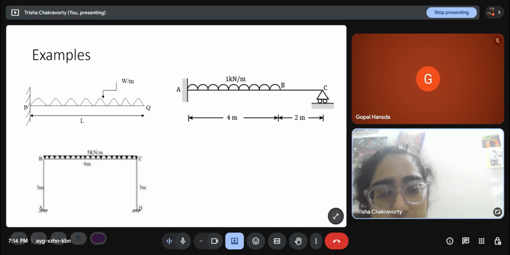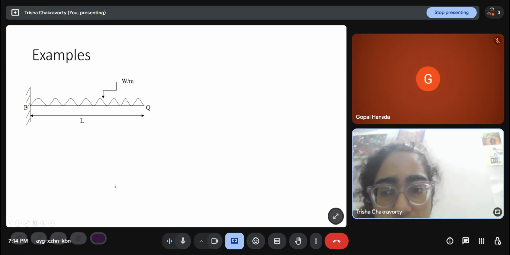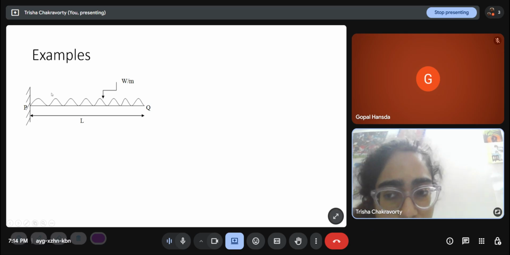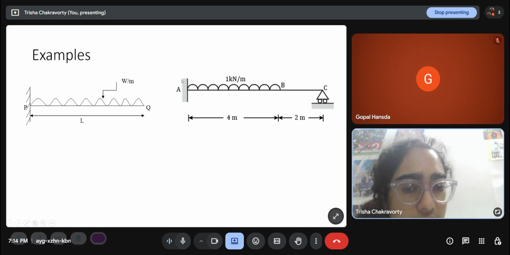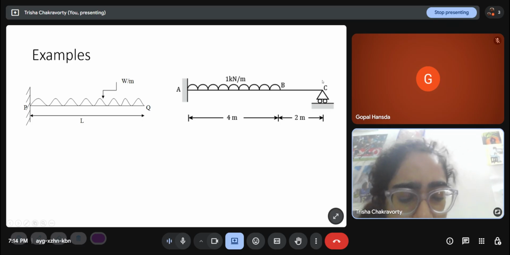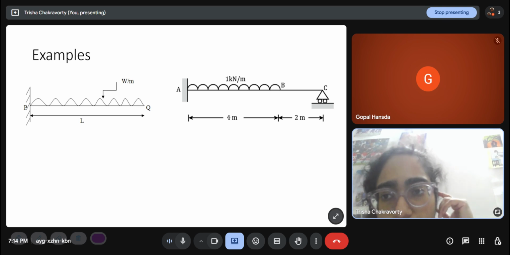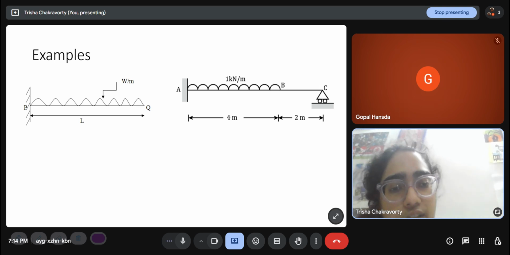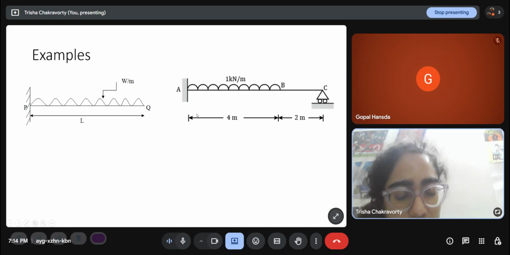These are all externally determinate or indeterminate problems. So anyway, a cantilever beam we know is a determinate structure because there are three support reactions and three equations. This is a propped cantilever. It has a fixed support and a roller support, so there are three plus one, four reactions and three equations. The three equations are common in the 2D plane, across all problems. You always have three equations of equilibrium. So this is 4 minus 3, 1 degree indeterminate.